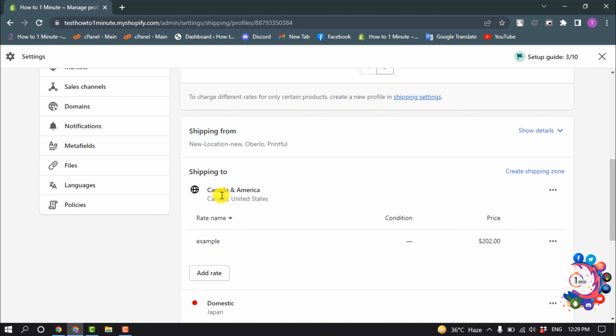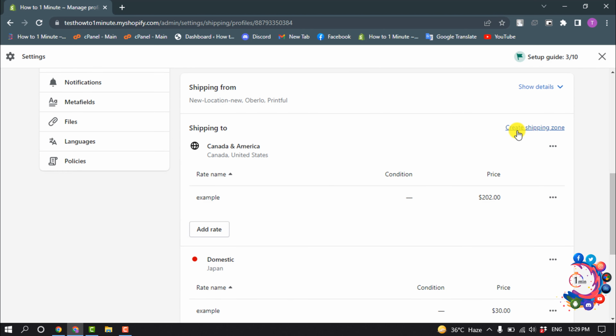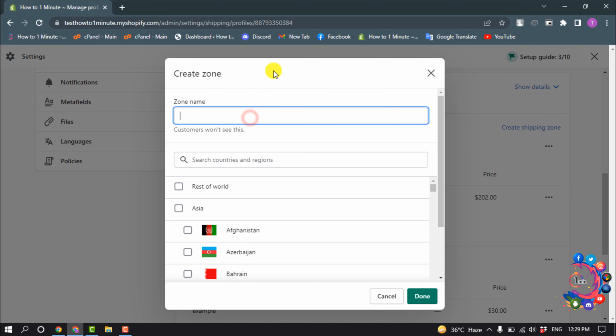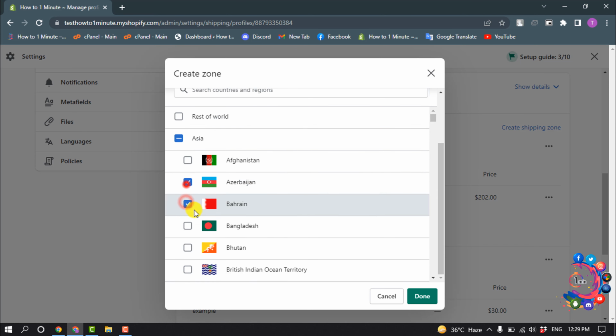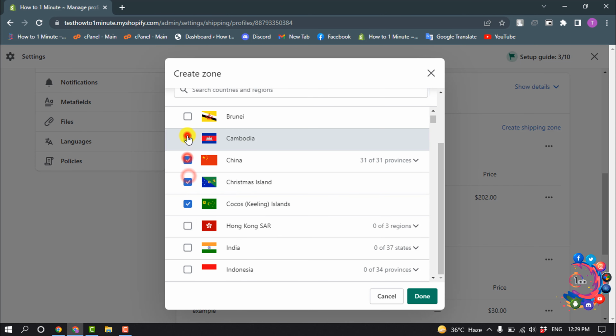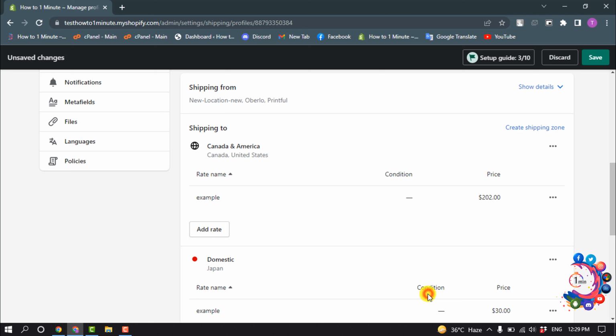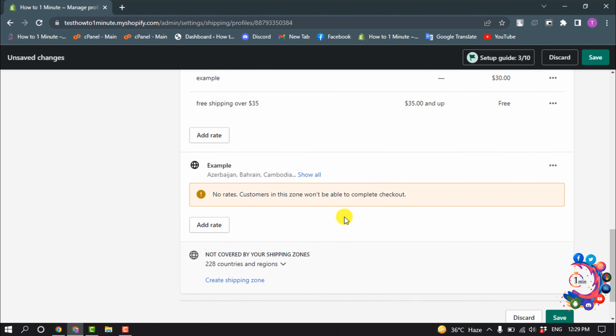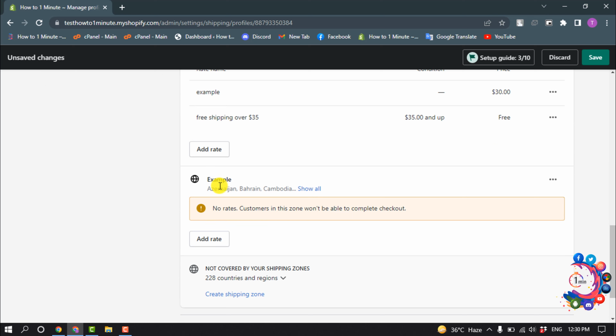And shipping to, you can create new shipping zone by clicking here create shipping zone and enter your zone name and select countries and click on done. So here you can see I created a new shipping zone, and now we need to add rate for this